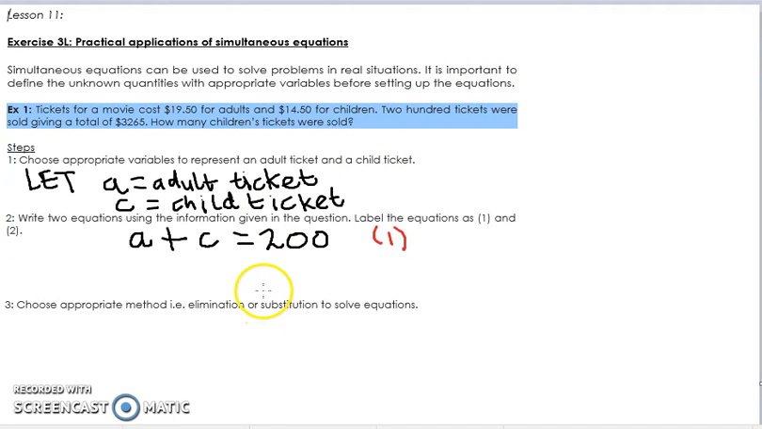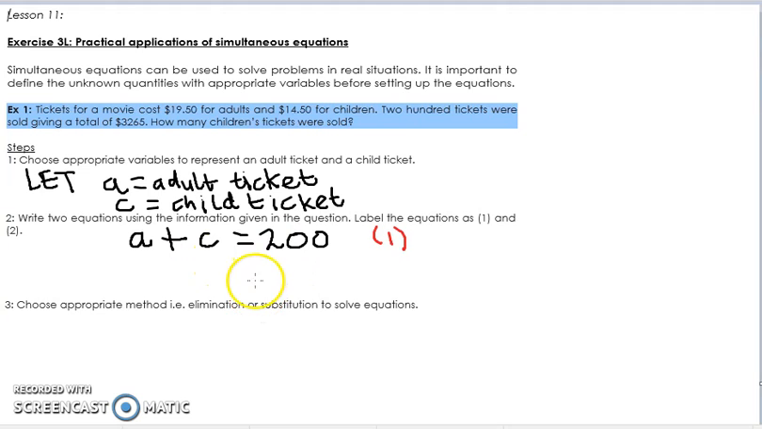Now, the second fact says that this cost $3,265 when the 200 tickets were sold. Now, we can't just go ahead and say, oh okay, adult ticket and child ticket, A plus C, is then going to equal $3,265, because that is just going to mimic the first equation, but with a different equal sign,